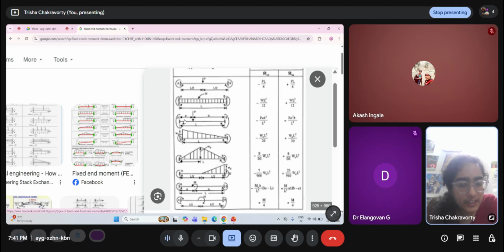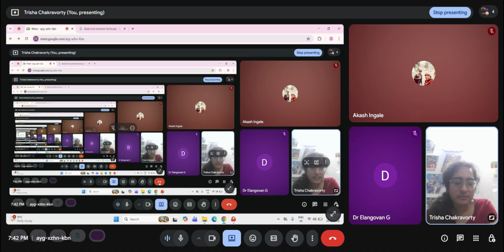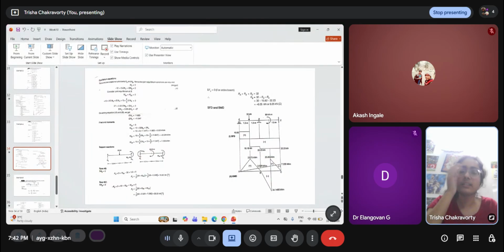And if there is a point load which is not at the center but at distance a from here and b from here, it is minus P a b square by L square here and plus P a square b by L square. So these three should be enough. I think if you know the first three formulas, that should be enough. The triangles and all that, you cannot remember so many formulas, because civil engineering is not about remembering formulas. I hope they will provide any of the other ones, but these three are easy enough to remember.